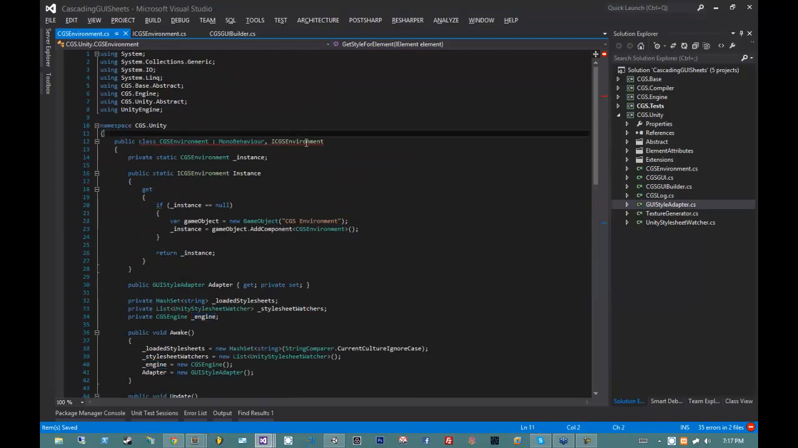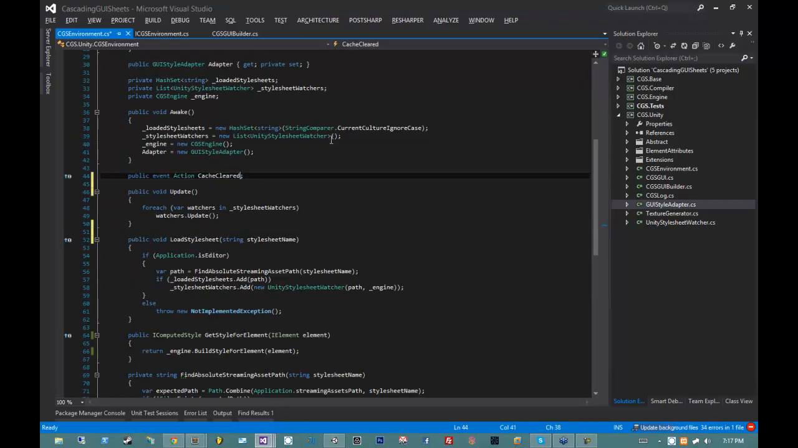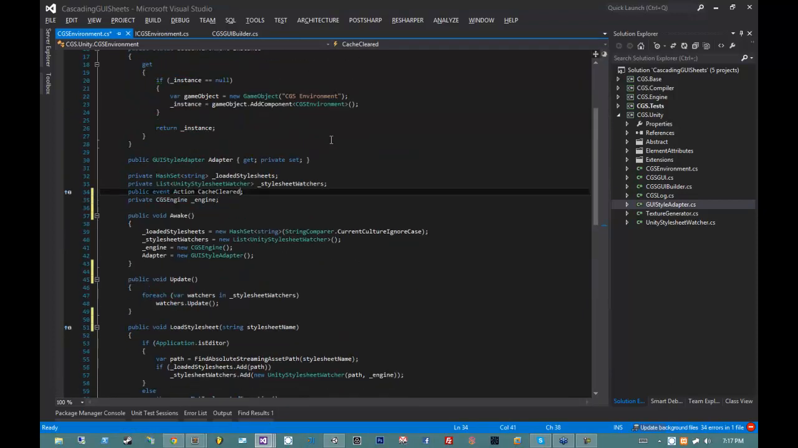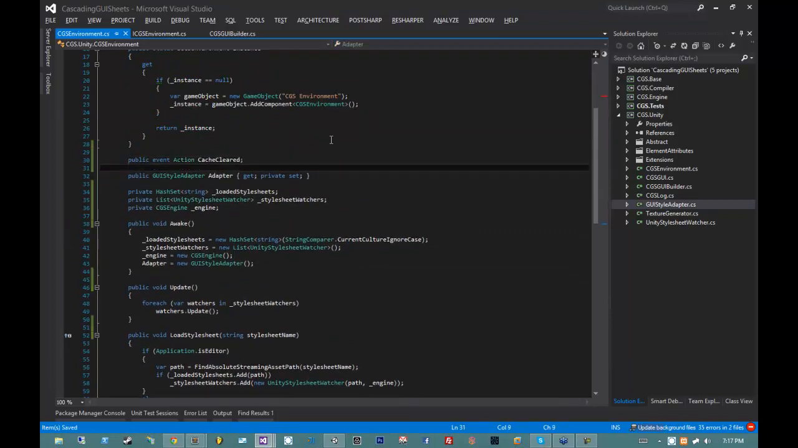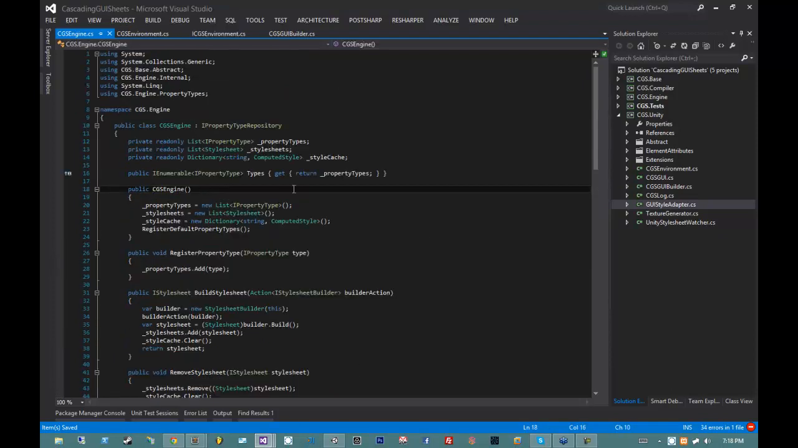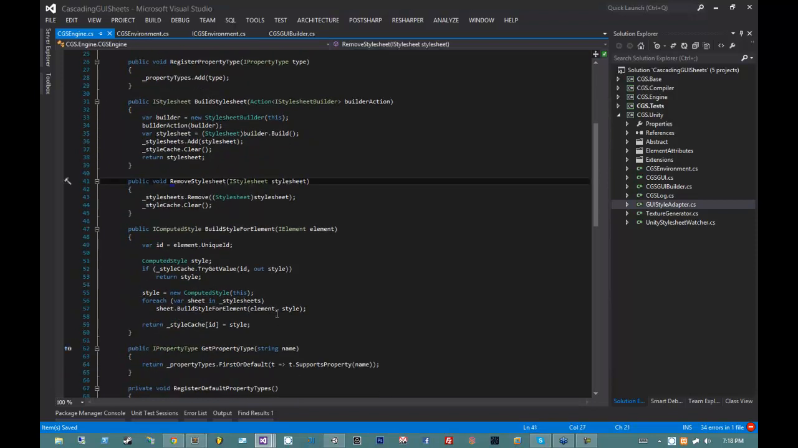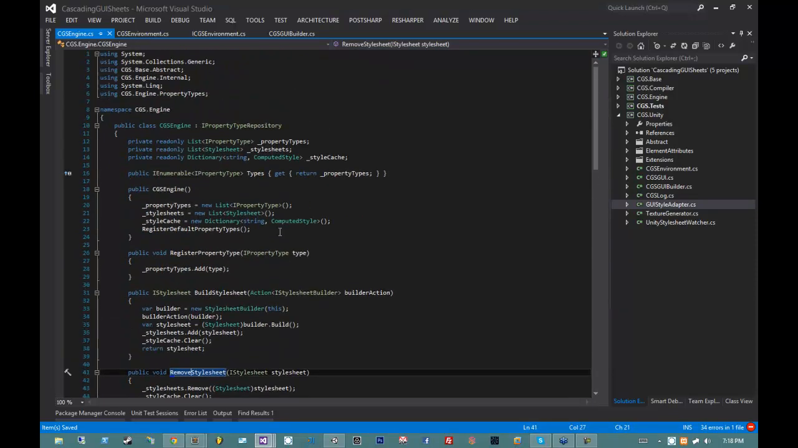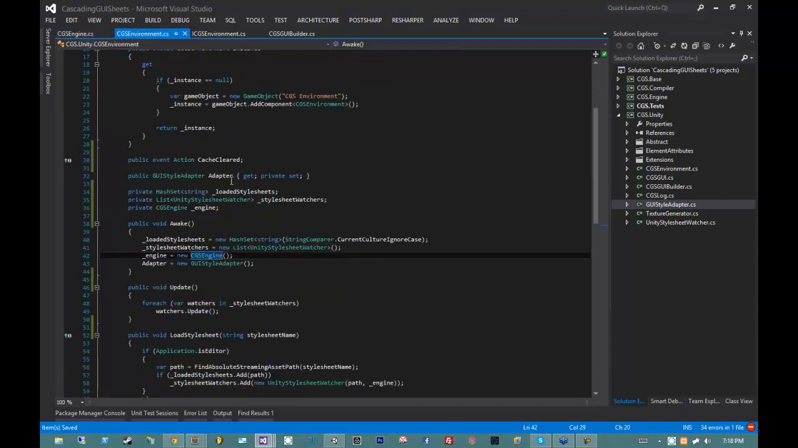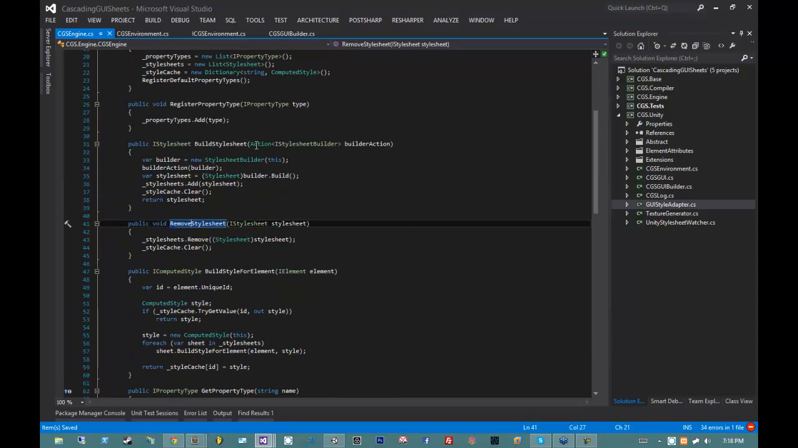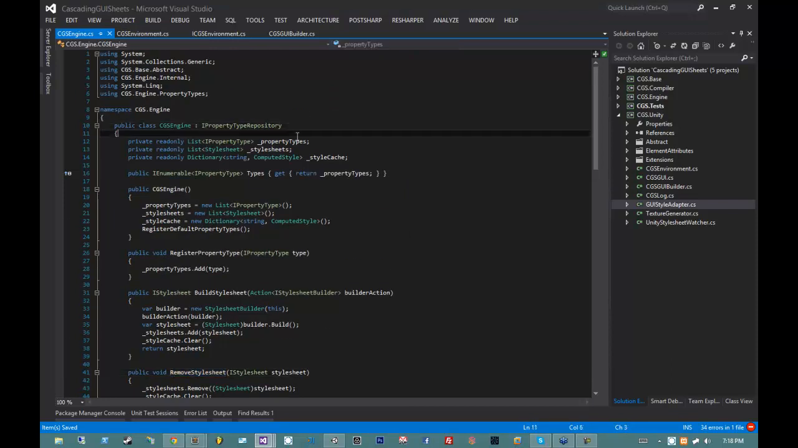Now, the next thing I've got to do is implement my cache cleared event. My cache cleared event is actually going to be implemented by reaching into the engine itself, because the engine itself has a concept of a cache, and the engine itself is where we apply our style sheets and we remove our style sheets. So it makes sense that this is going to be the class that's responsible for knowing when the cache is cleared. So I'm going to also create an event up in CGS engine